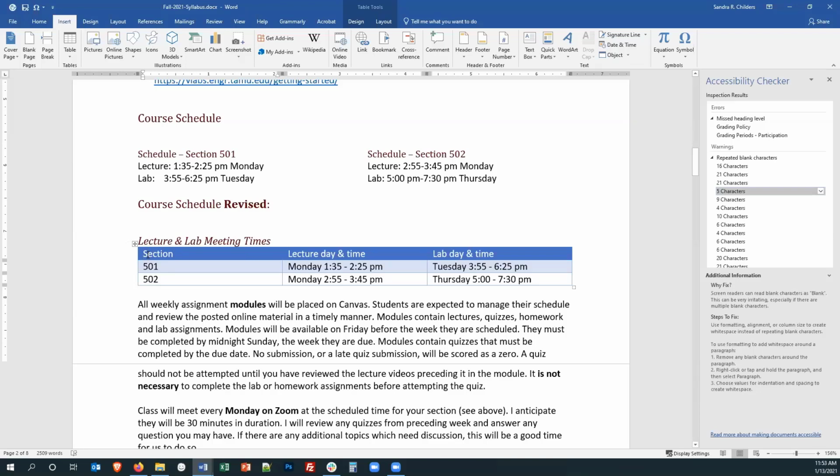Once people are going through this using their keyboard with a screen reader, they're going to hear section, lecture day and time, lab day and time. But when they get to 501, because this is set up correctly with that first row being headers, it is actually going to say section first and then 501. When it gets here, it's going to say lecture day and time, Monday 1:35 to 2:25, and so on. So you know that this data is associated with the section and each header for that column.